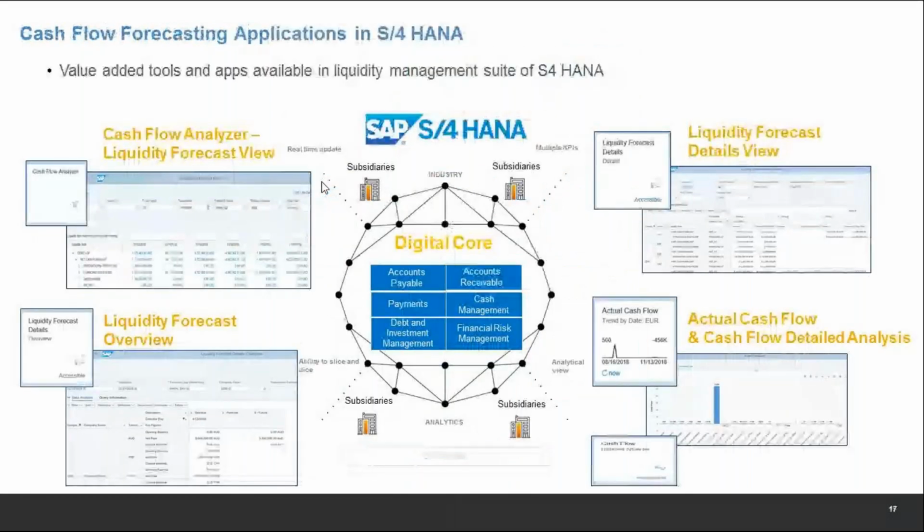Then we have different apps here which show the data. We will see these apps in the system: the liquidity forecast apps, the cash flow analyzer app with different views, how the subsidiaries are integrated, the accounts payable, receivables, payments, TRM. You can also integrate these. These are the modules I'm speaking about because this is something we'll cover easily. But if you are implementing contract accounting or the CML module or any other module, everything can be integrated to cash position. You can see the actual flow. These are the kind of apps that we will walk through. So nothing of this was available in ECC.